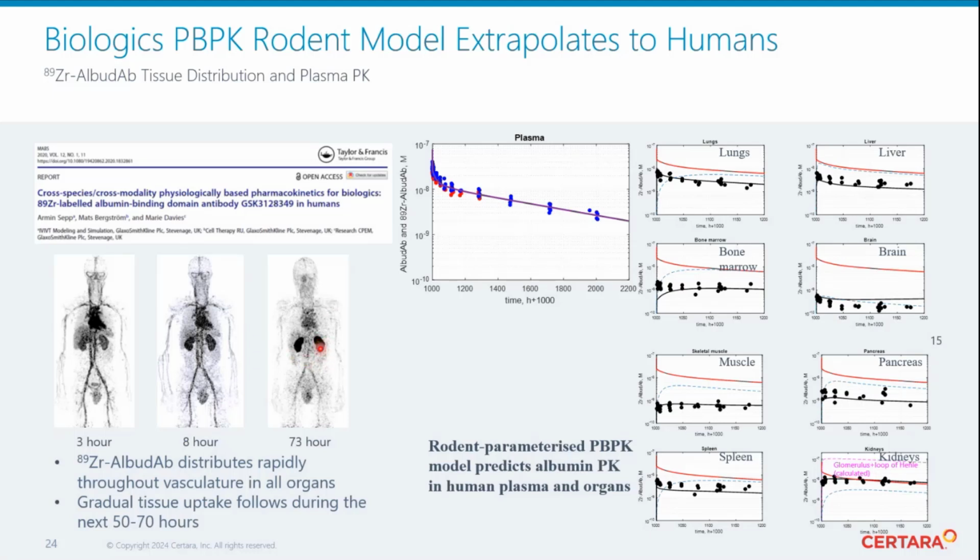In the case of heavy metal ions, there is a small fraction which either leaks out from the chelator or is unchelated in the first instance. So that's trapped almost instantly in the kidneys. It works out around 1 or 2% of the entire dose. It's so black because it's in very small volume. But again, in the grand scheme of things, that means nothing. And again, the rodent model predicts perfectly well what's happening in humans. So in the case of biologics PBPK, hence, we can have a framework which is cross-species and cross-modality, any protein, any size.